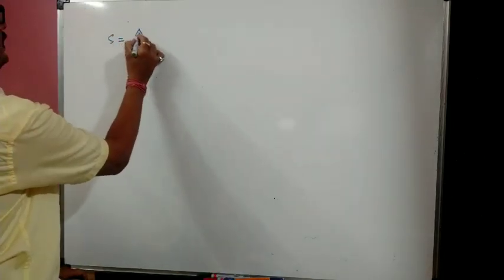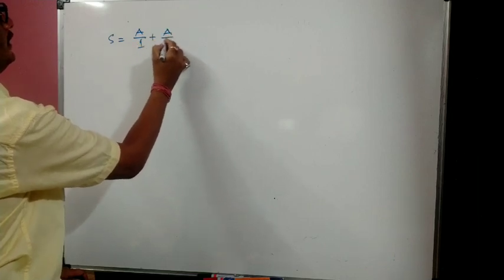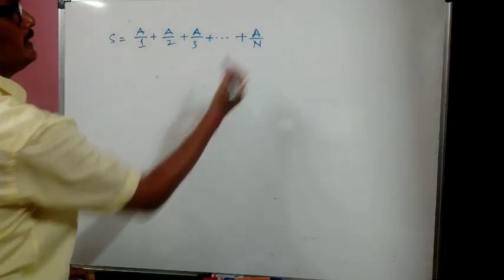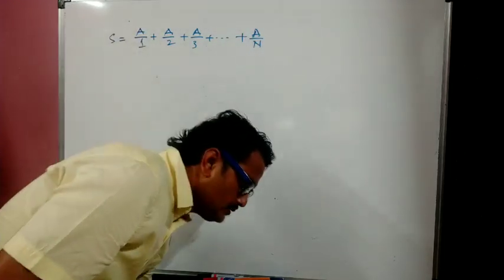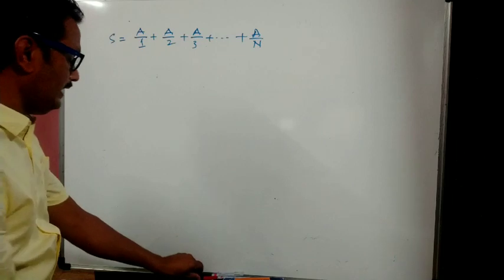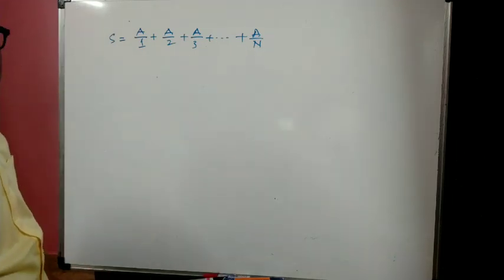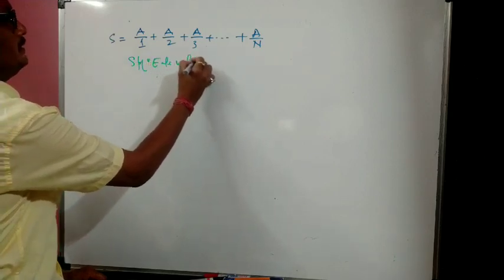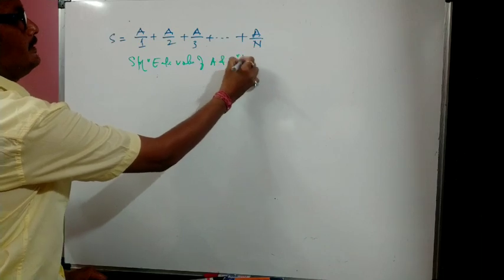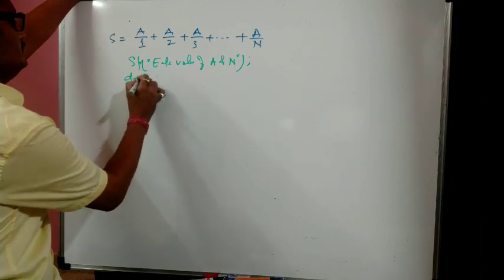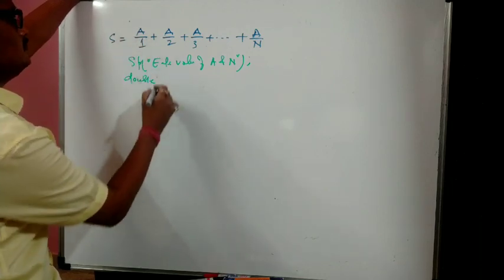See the next question. Here is S = a/1 + a/2 + a/3 + ... + a/n. So children, when you see this series, we have to input the value of a as well as the value of n, isn't it? Two values are missing. So here you write enter value of a, and what I said, you take as a double variable. Why double? Because here a division work is there.